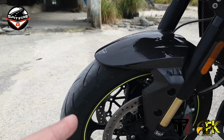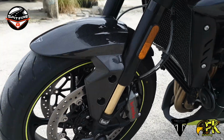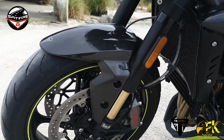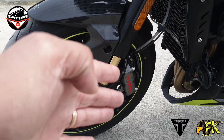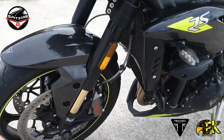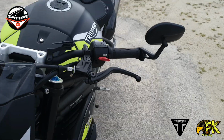You have here 120/70 R17, two discs with 300 millimeters. Of course, it has ABS, upside-down all-in suspension, 43 millimeters diameter, a course of 120, and you have all the adjustments possible. Also, as you can see, you have some calipers from Brembo. So it's nice, the calipers are Brembo, this reservoir box is from Brembo, this is Brembo, everything is Brembo, good